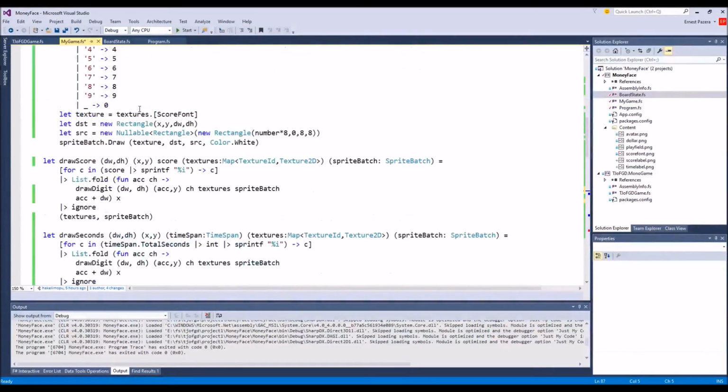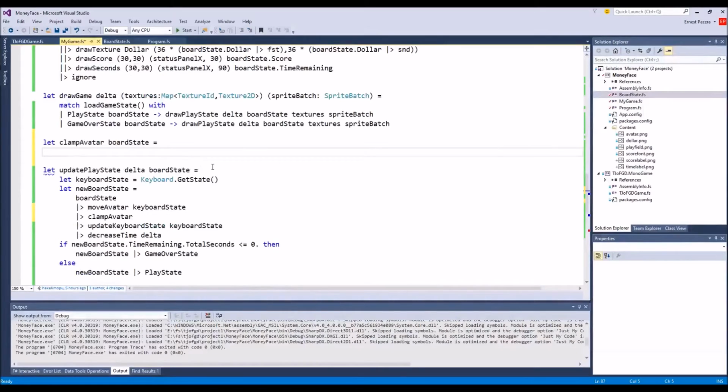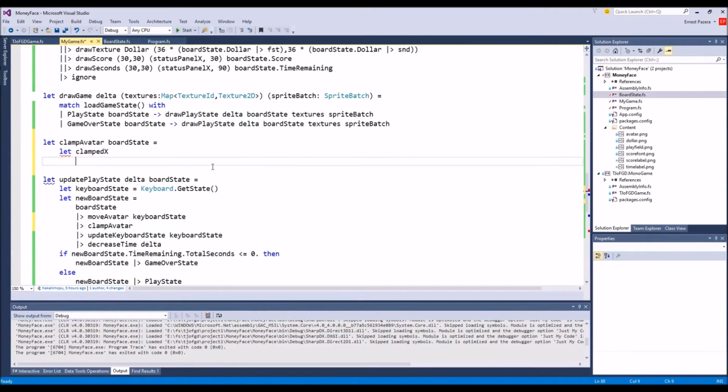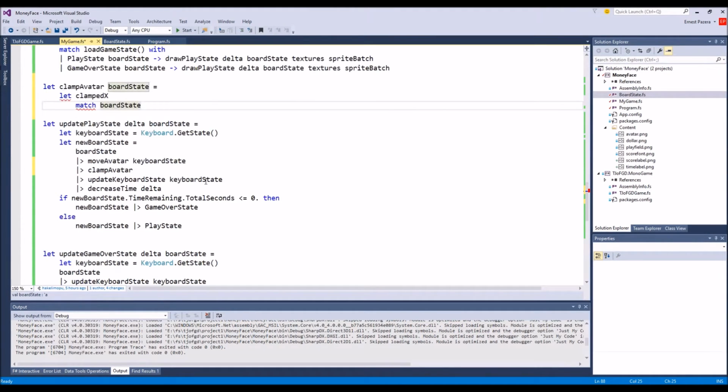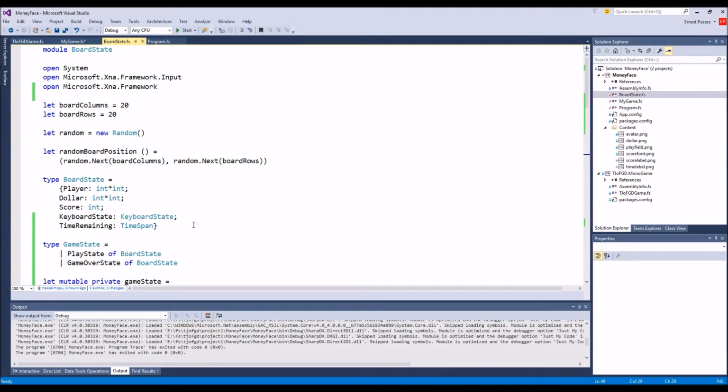Where'd my clamp go? So I want to select clamped X equal. It's gonna get match board state. We will say board state dot